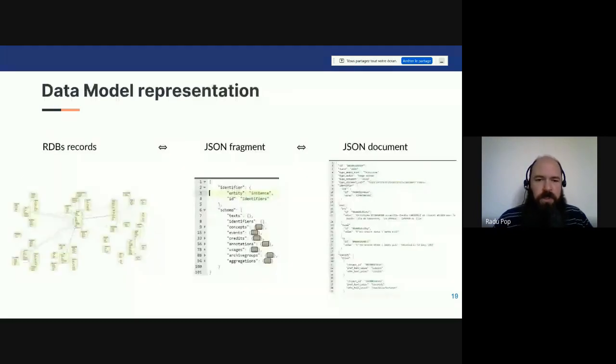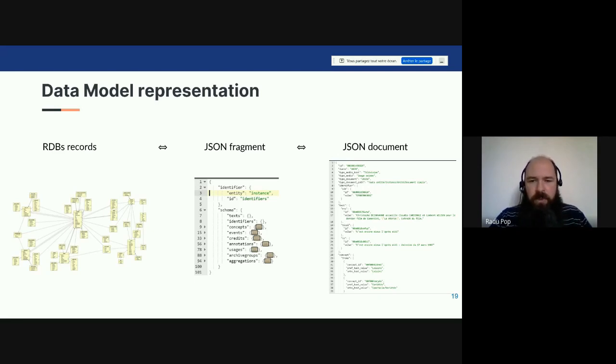So I'll get into more details related to the data model representations. As we said, for each record of the relational database, we tried to associate JSON fragments.